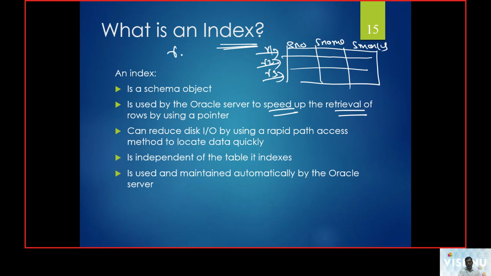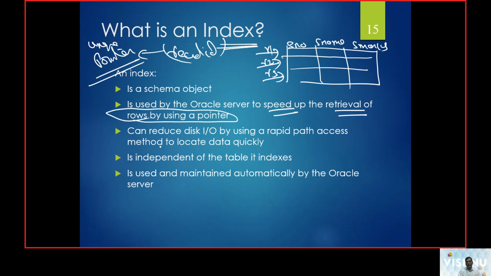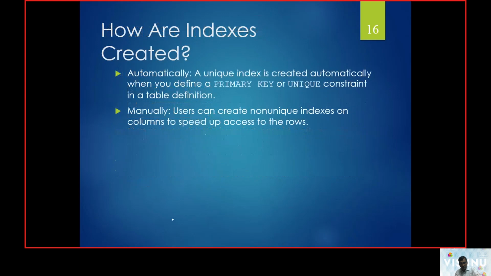Now every row is going to have some record ID, and this record ID is a unique pointer. So we have such a mechanism, a unique pointer to retrieve each row. Every row is going to be taken up with the pointer. Now I can have keys in the form of attributes, and I can have key-value pairs, which we'll be discussing. So why are we creating an index? An index is for speedy retrieval, and it is maintained automatically by the Oracle server.